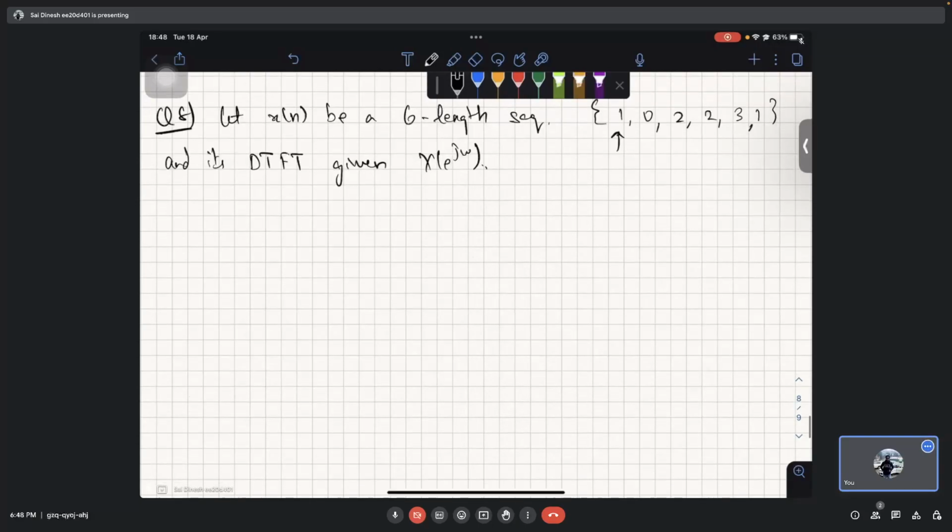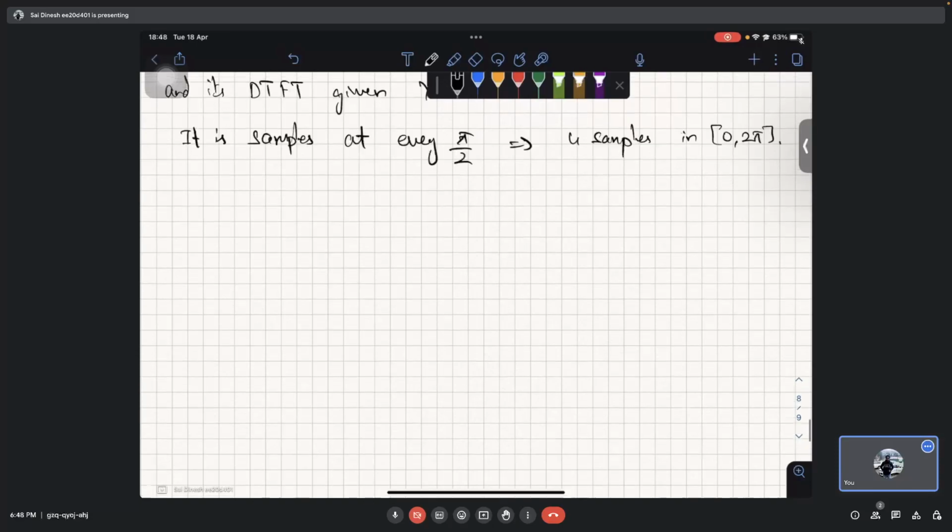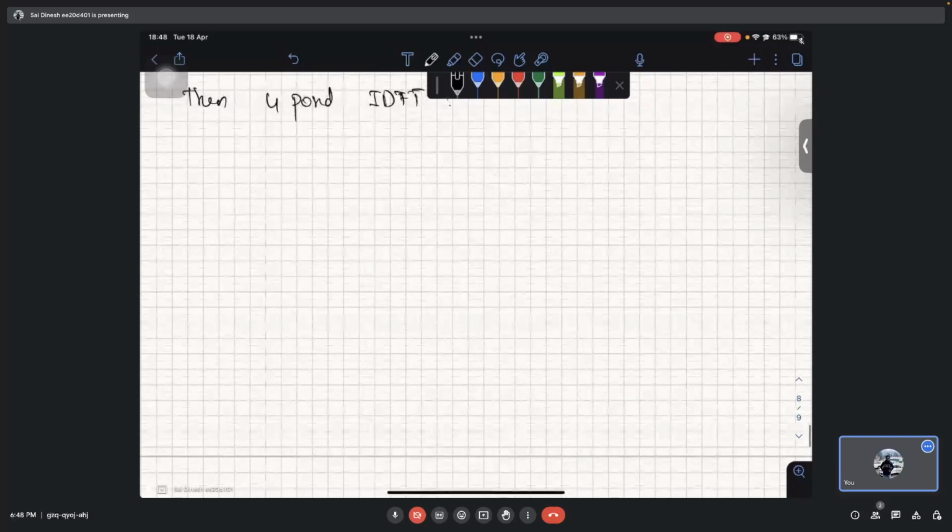So it is sampled at every pi by 2, which implies 4 samples in 0 to 2 pi. Then the 4-point IDFT is,